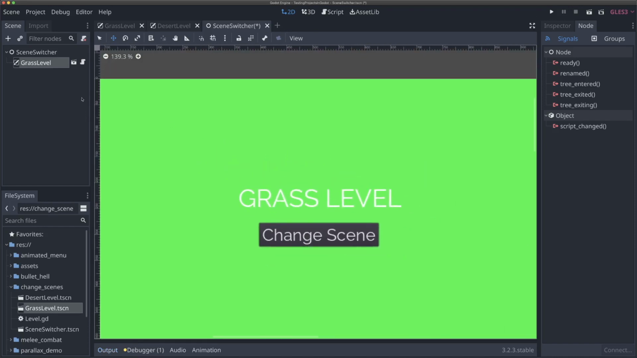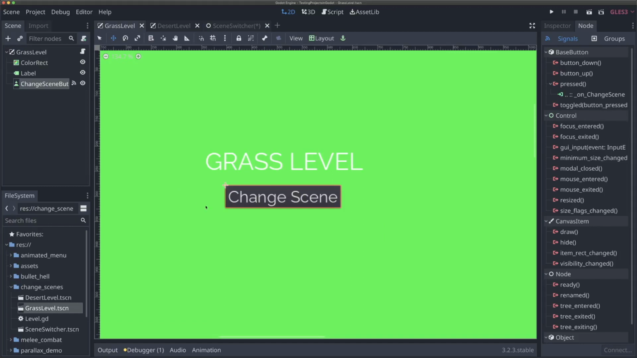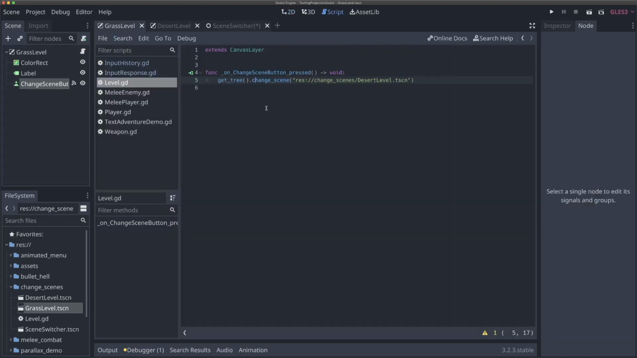And so we've got this script here on our grass level already on both of our levels, but we're going to take some of that scene switching functionality up to our scene switcher now. So because our button to switch scenes is tied to our specific levels, our grass level or our desert level, we need to have a way for those levels to communicate to our scene switcher that the player wants to switch the scene. So now, instead of having this get_tree().change_scene line,